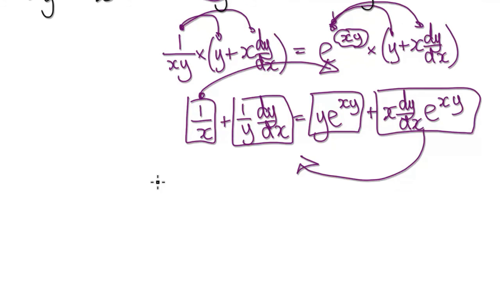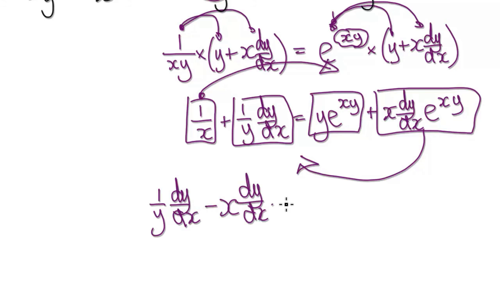So that would be 1 over y dy by dx, take away this block here, x dy by dx e to the power of xy, equals this thing, y e to the power of xy,